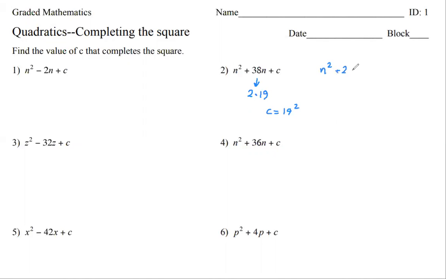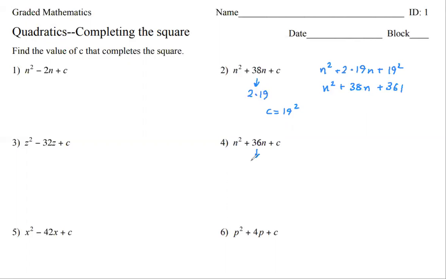n squared plus 2 times 19n plus 19 squared. This is what we expect to have as a perfect square trinomial. So if the middle term is 38, we want to have 19 squared as the third term. What is 19 squared? 9 times 9, 81. Calculator, 361. So we want to have n squared plus 38n and then plus 361. Look, the middle term is double a number and the last term is the square of that number. Okay, that works here. Now look here,